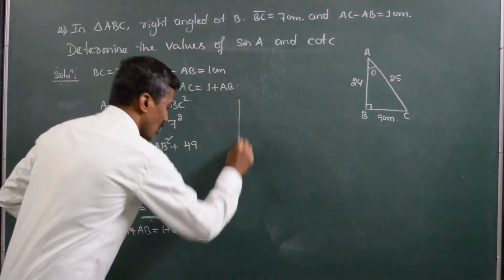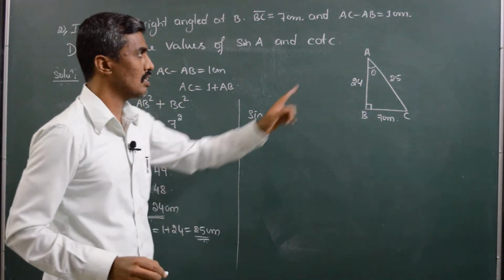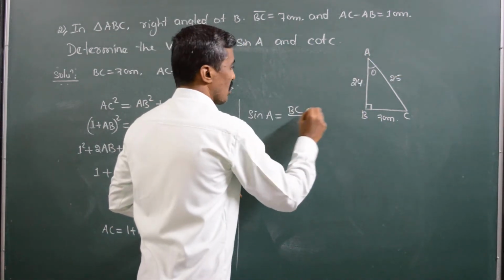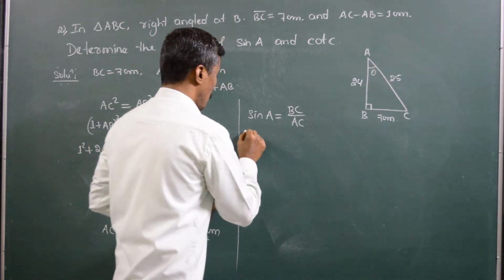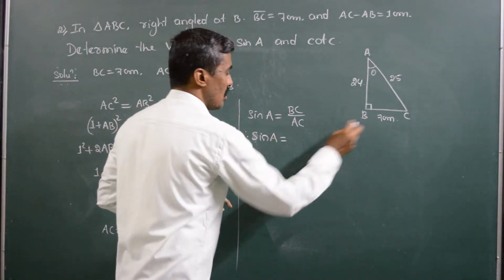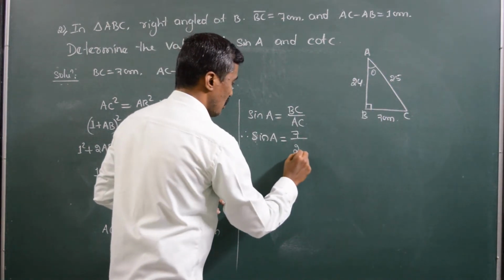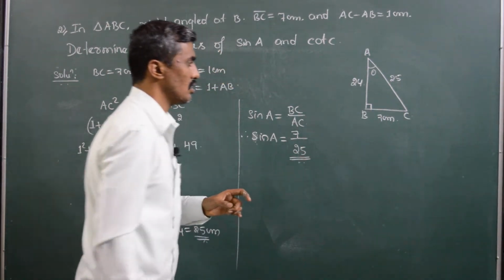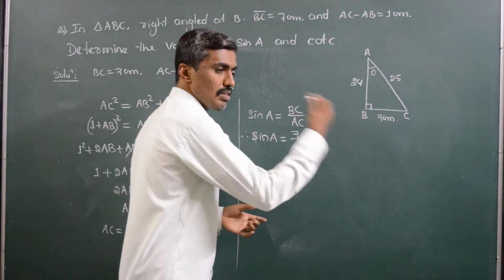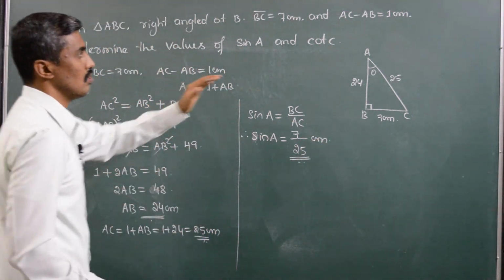Very important. Okay. Now let me find the value of sin A. So what is sin A with respect to A? Opposite side by hypotenuse. So in triangle ABC, it is BC by AC. Therefore sin A is equal to, what is BC? 7 centimeter. How much is AC? That is 25 centimeter. So sin theta is equal to opposite side by hypotenuse, so 7 by 25. Don't convert it into decimal. Similarly, now find out cot C.